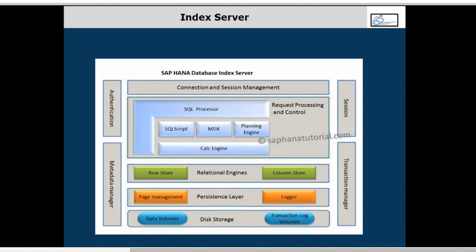But while you are creating a table, you will not see the data types differently. You will see common data types like varchar, integer, float, all this. But internally, what the system does is convert those data types to column store specific data types and then create the column store table. It's all the system that does the conversion. The column store engine is the one which handles the complete operations of column store tables, whether it's merging, reading, or creating a column table. Everything is handled by that one.